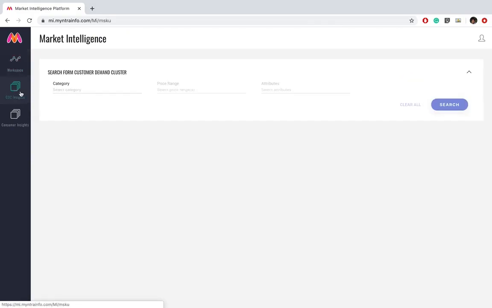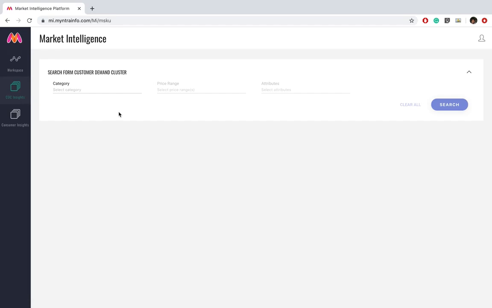Now, moving on to the next section of the product, we'll talk about the consumer demand clusters or CDCs. In the fashion industry, generally consumer demand is not specific to a particular product or style, right? So to understand consumer demand with a reasonable level of accuracy, we have created attribute clusters of products considered similar by customers based on visual features, attributes, price points, etc. So in essence, CDCs are design clusters of similarly behaving products from a consumer demand perspective.